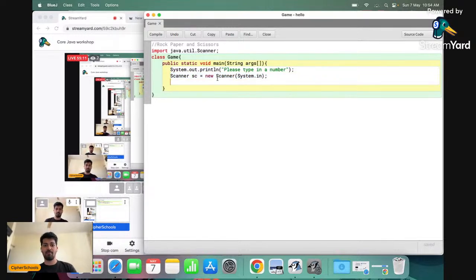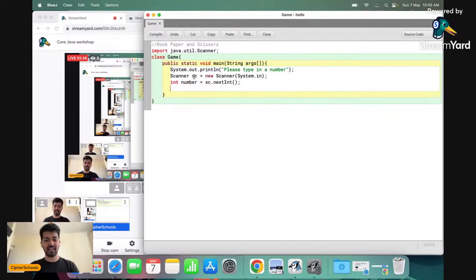To make that happen, we need to create an int. The variable name is number and the data type is int. I'm expecting you're aware of it. If not, please type in the chat, I'll take care of it. Then we write sc.nextInt(), the brackets, done.